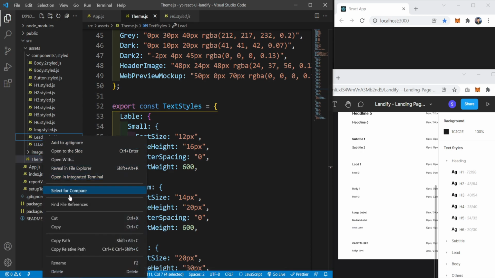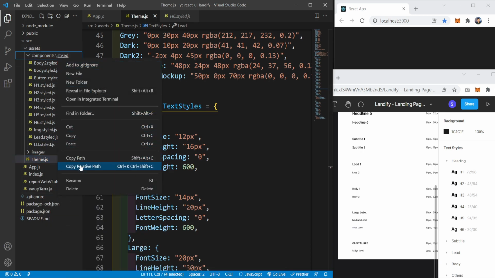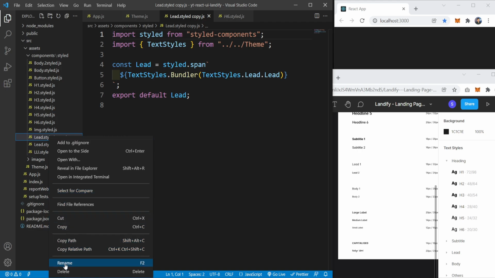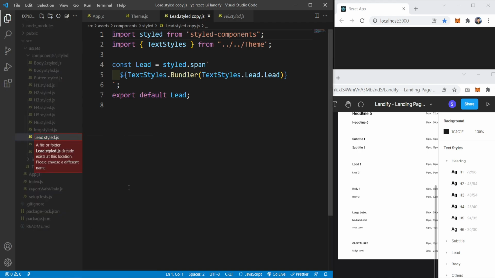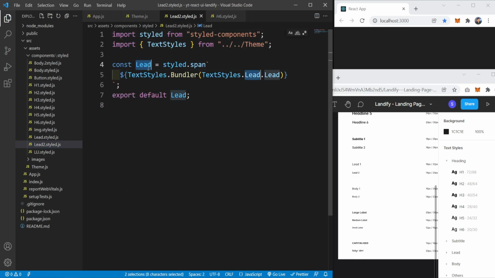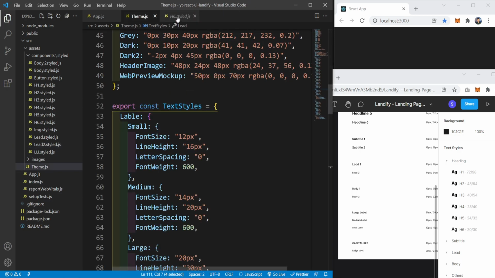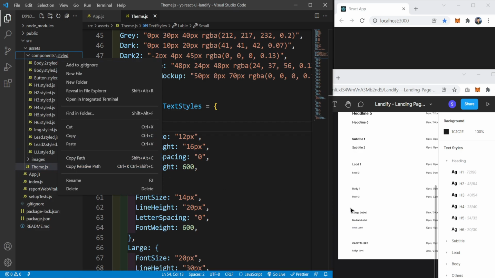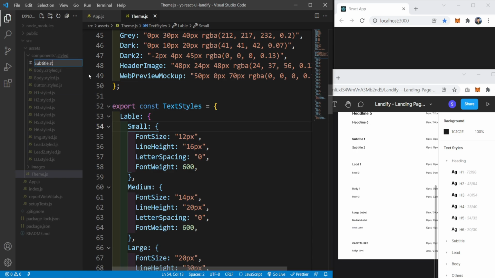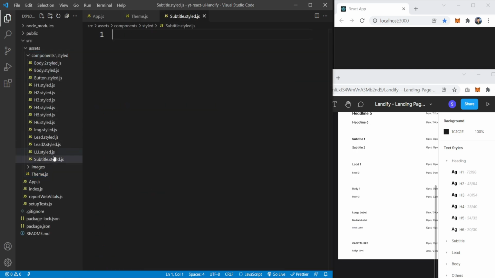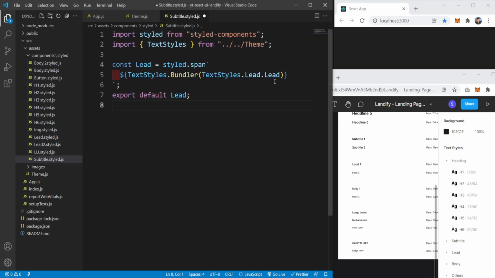Copy this one, paste it over here, rename it. It's going to be lead 2. And I don't need that one, so lead 2, export lead 2, save it. And the next one is going to be, we got the lead, we should do the subtitle. A file called subtitle.styled.js, and grab it from one of those and change it to subtitle,